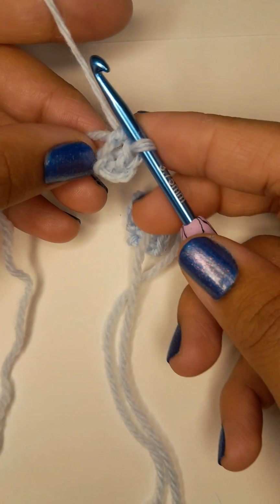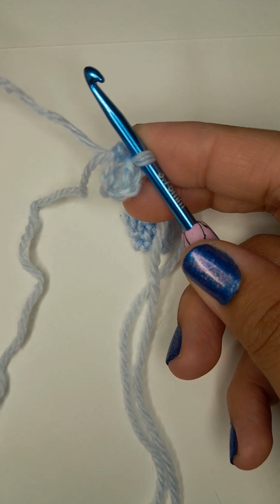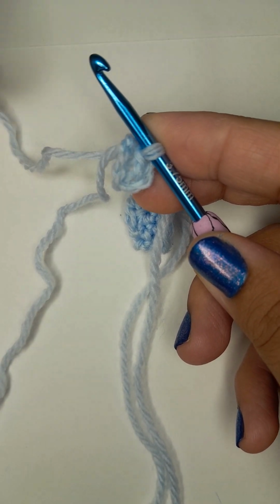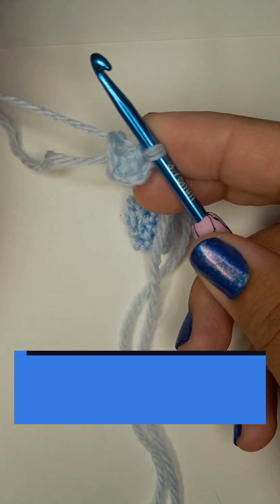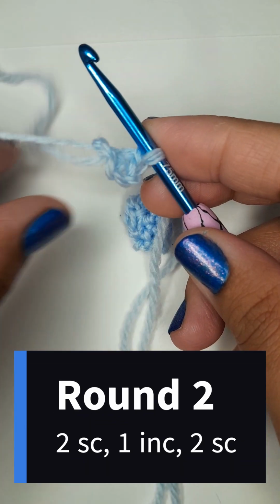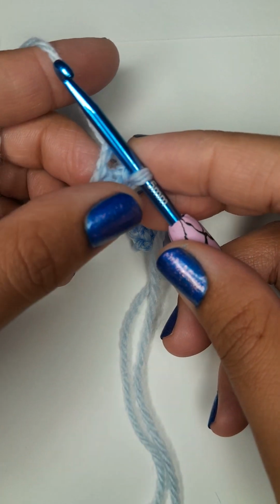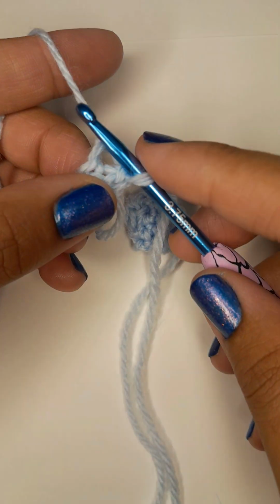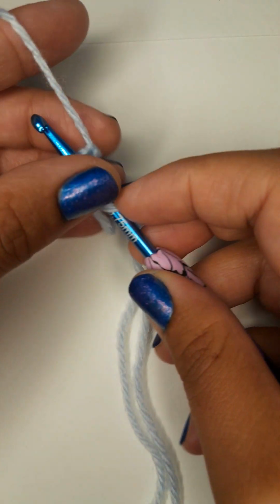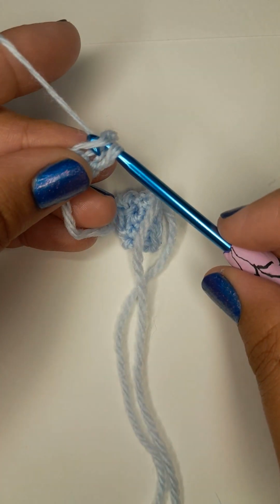Okay, so now the pattern requires for round 1 is 2 single crochets and an increase. So we want to make sure we crochet into the loop where the yarn is not coming out of. We got our yarn coming out of this one, so we're going to put it in this one right here next to it. So 1 single crochet,